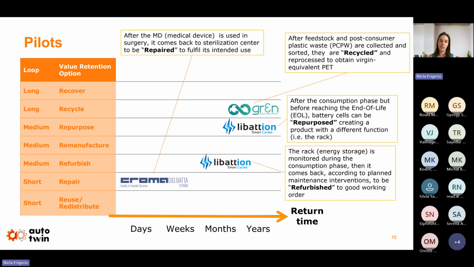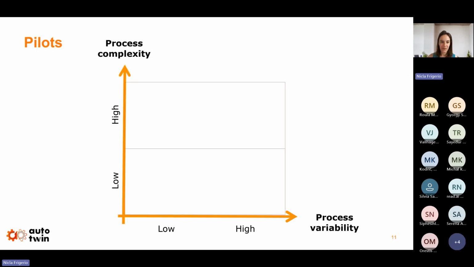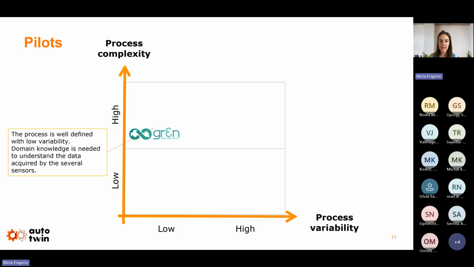And so, as you can see, AutoTwin with its use cases covers more or less all the challenges that we mentioned before. In terms of complexity, here we have process complexity on the vertical axis, process variability on the horizontal axis, and we can see that Green stays in the middle in terms of complexity because we have many processes, many steps, but it is all automated and well-defined within the domain knowledge.